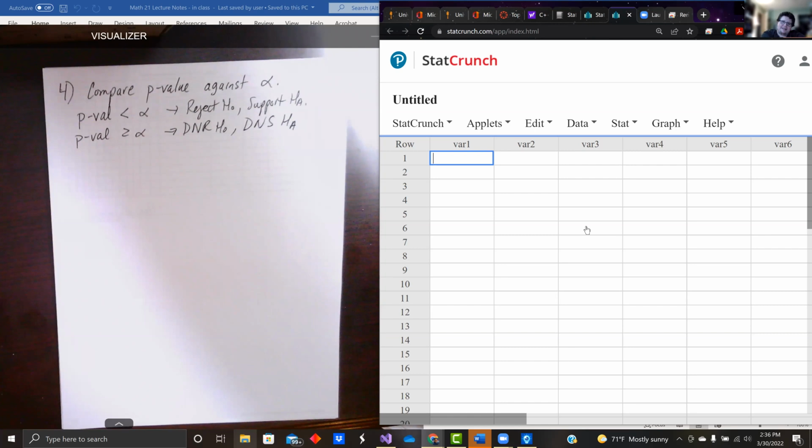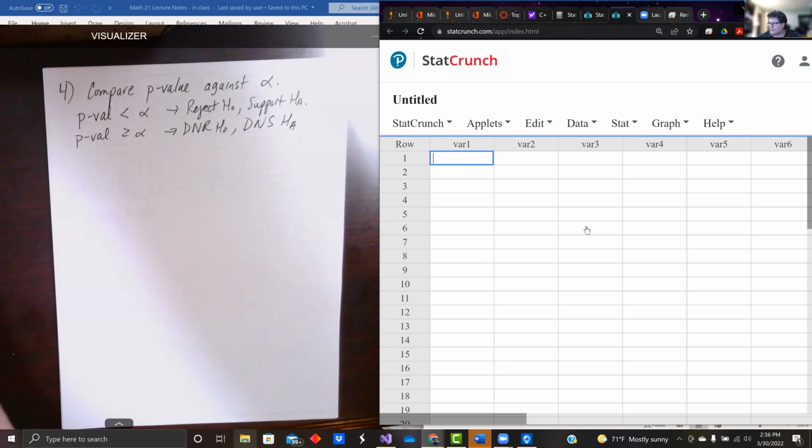And it is not a common event for it to equal alpha. Like it's usually less than or greater than, but it's not equal to. I have never seen p-value equal to alpha. So while it technically is possible, so is winning the lottery. You know what I mean? It can happen, but it's not common. Now,